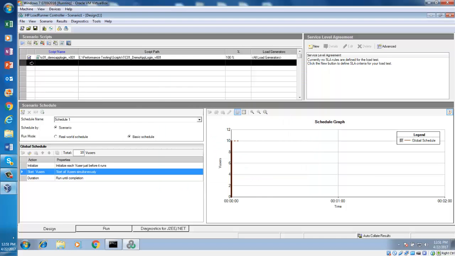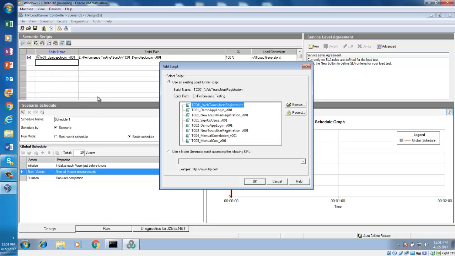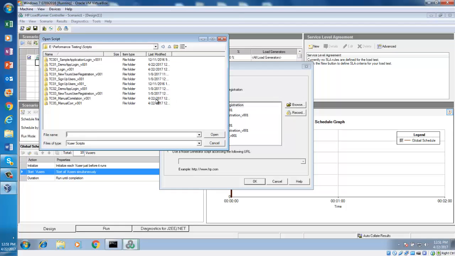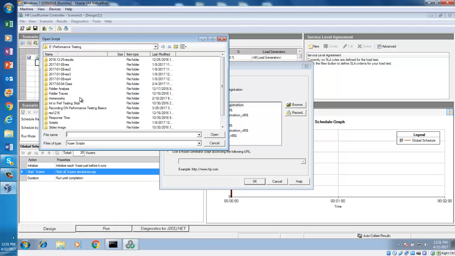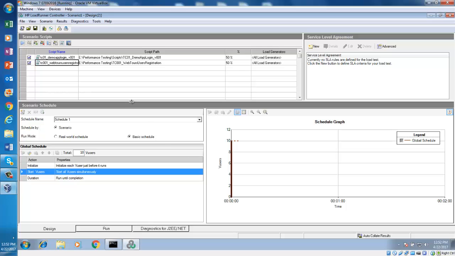Then another script I am going to select. Can you see? I am clicking on the other row, and then I am clicking go up, and then you come here, this one, right? So how many scripts do I have now? Two scripts. Now both of the scripts, where do I want to execute them? Localhost. Both of the scripts I want to execute on localhost.